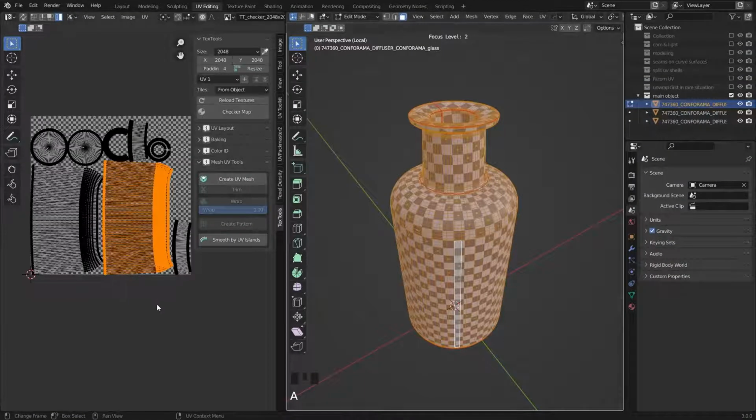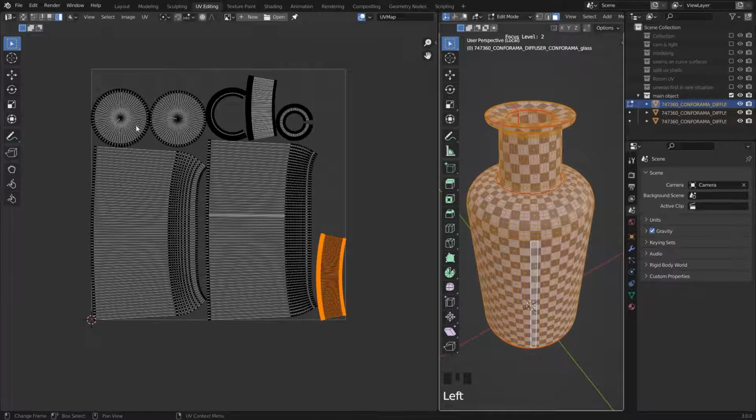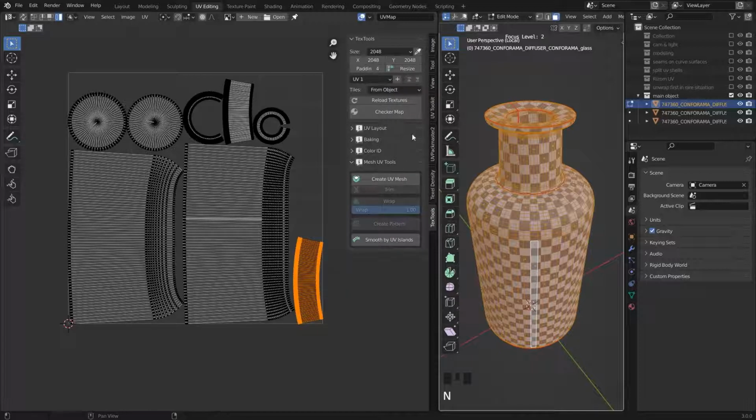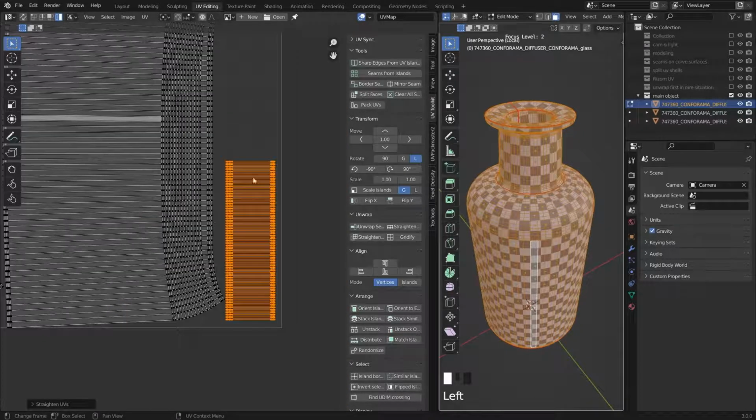Next thing is you should straighten or rectify your UVs as much as possible. For example, you can see if I want to pack this, it's not well packed. But if I straighten these UV shells, I can really use my unique UV space. In Blender, I use the UV Toolkit straighten function. I select my UV shell and hit straighten. You can see it makes it straight. It's better in the unwrap.